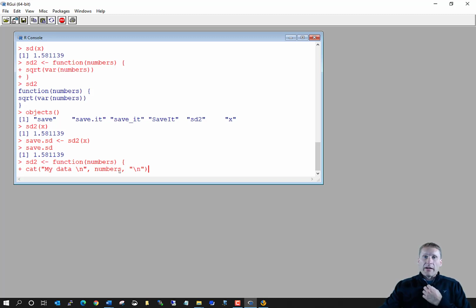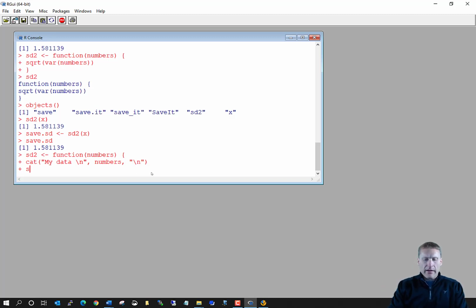So the corresponding numbers of what I'm passing into the function itself. This \n here, this is just a way in R and also in Linux itself to represent move down to the next line. Okay, so if I hit enter now with this,